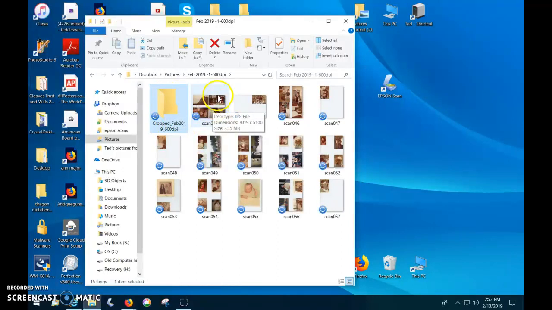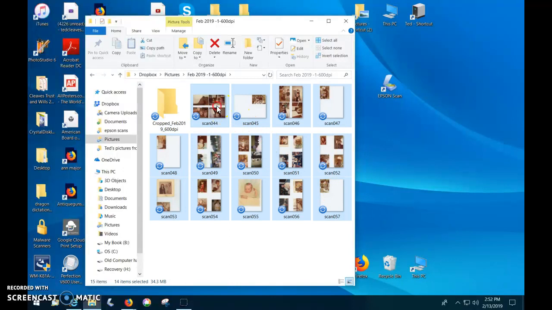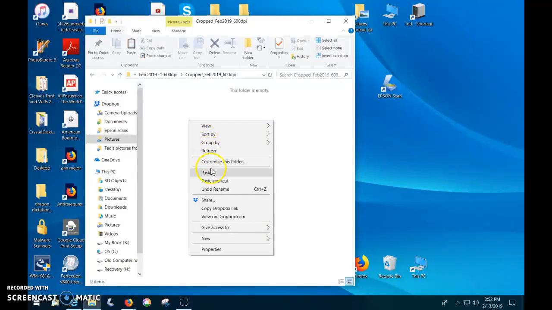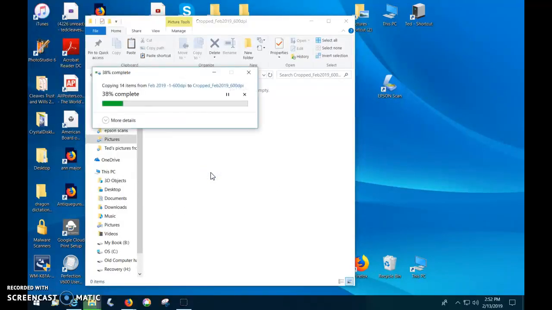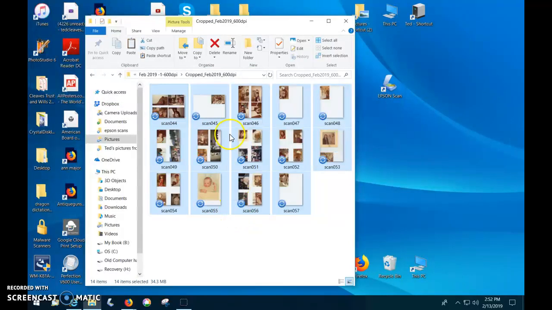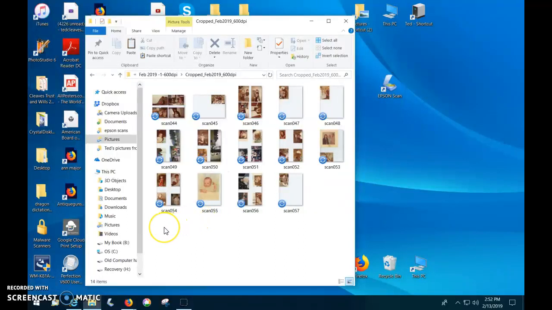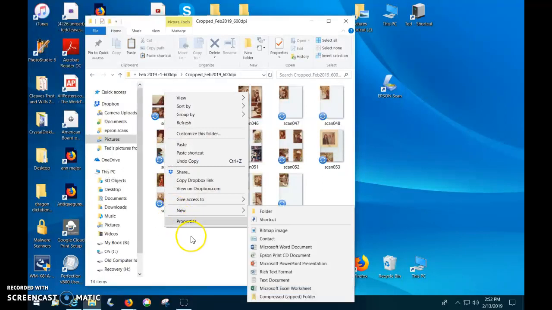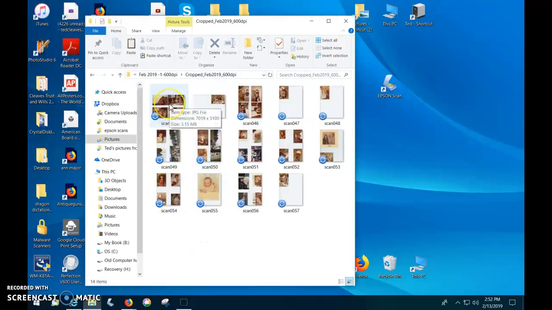I think what I'm going to do is make a copy of all of these pictures and I'm going to paste them in here. It's going to take a little bit. Okay, so now all those same pictures are in here. Again, this is all very personal how one picks to do this. And well, this is where it gets confusing, but I'm going to